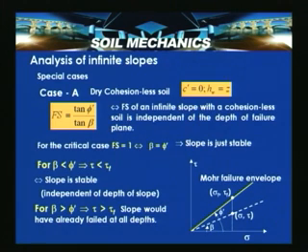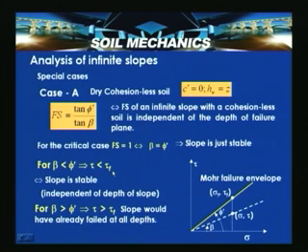So, this is actually nothing but an example of sand dunes formation in nature. For a critical case, if beta is greater than phi', the slope tries to fail and adjust to the angle of repose, that is, in this case phi' will become equal to phi, the angle of repose. So, for a critical case the factor of safety is equal to 1. So, beta is equal to phi', the slope is just stable. For beta less than phi',